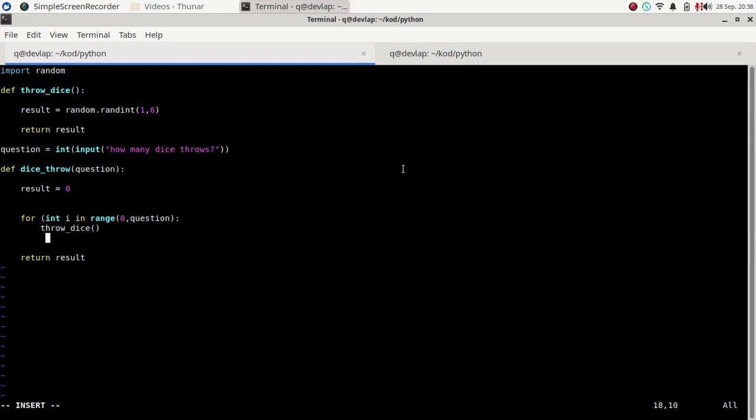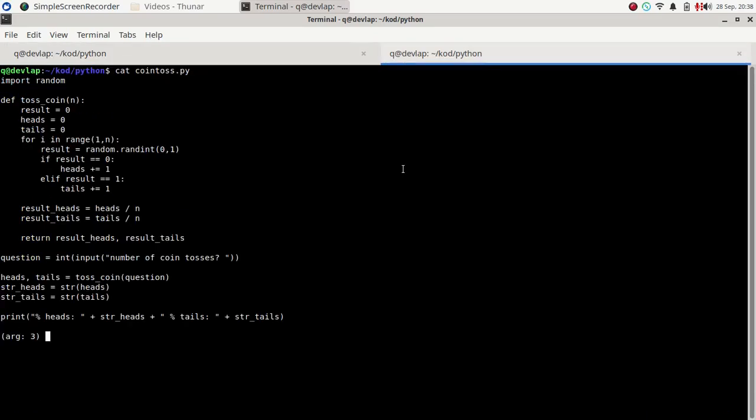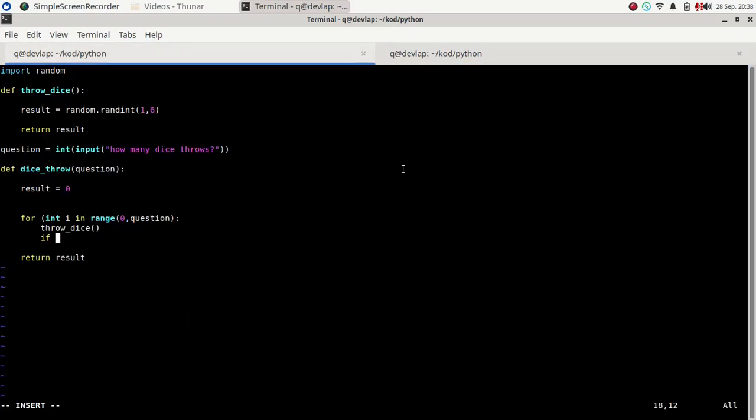So we could use a switch case, we can use an if else. So if